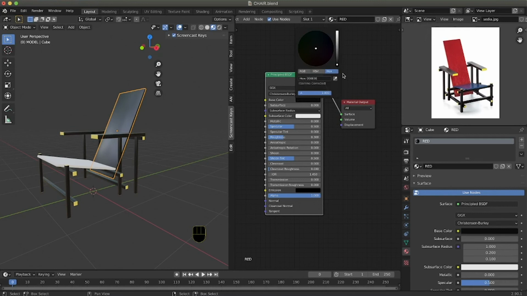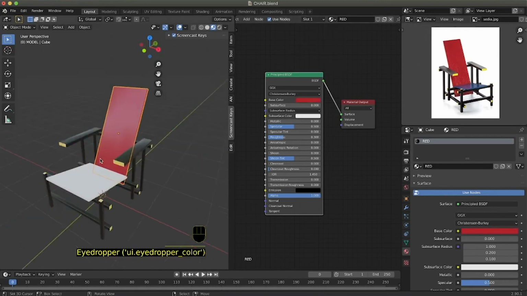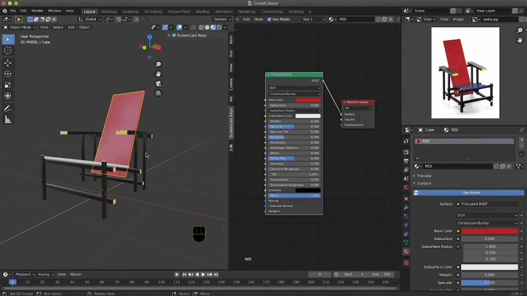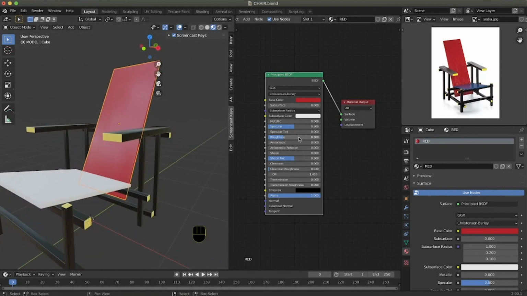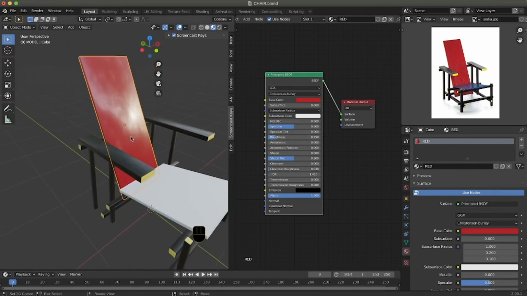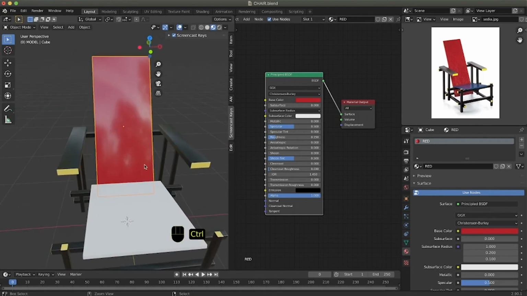So we can go again in here and you can pick one of the red. Can be this one, seems fine. I would like just to add a little bit of variation to make this slightly more reflective. So I make the roughness a little bit lower, like 0.15. And as you can see, it reflects a lot more of what's around.